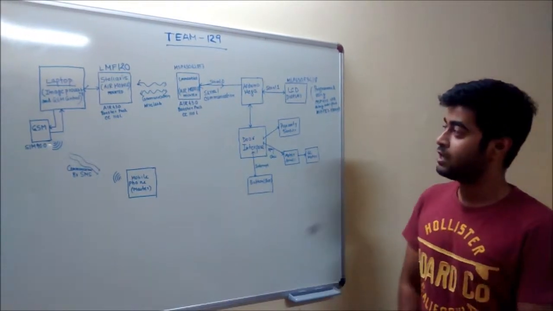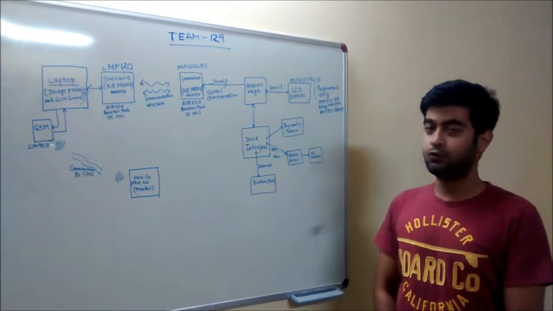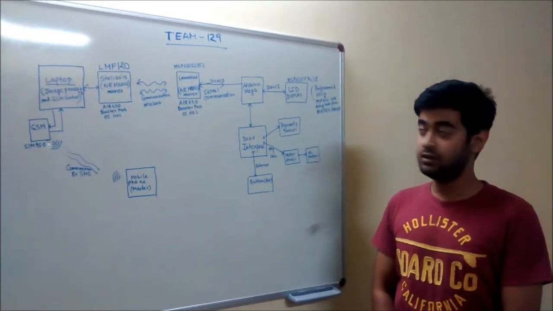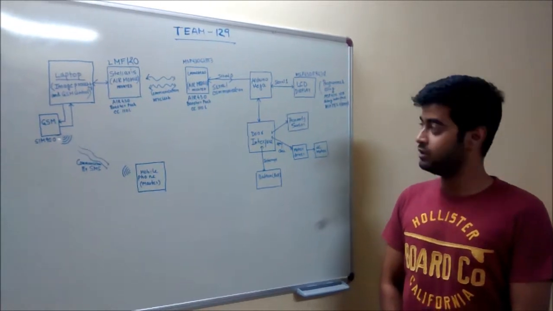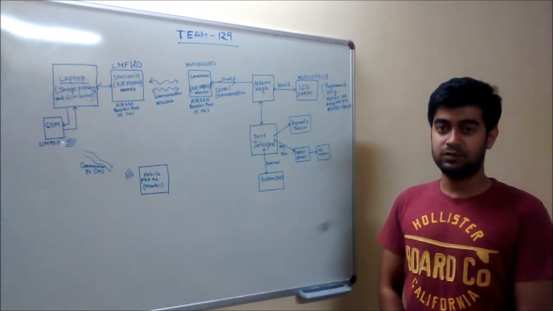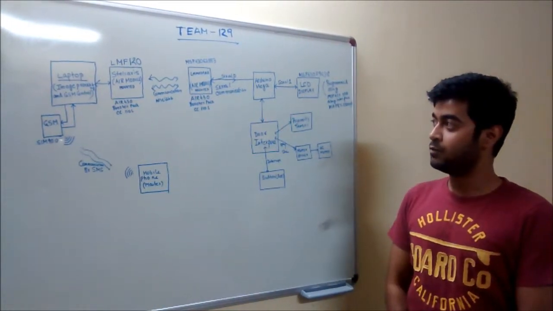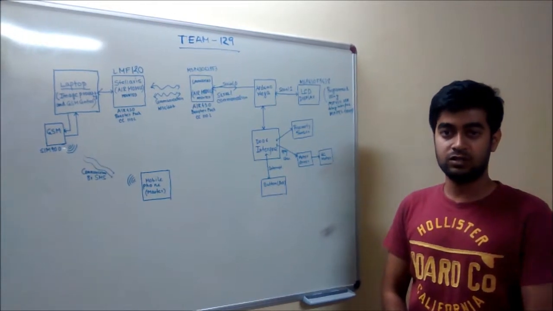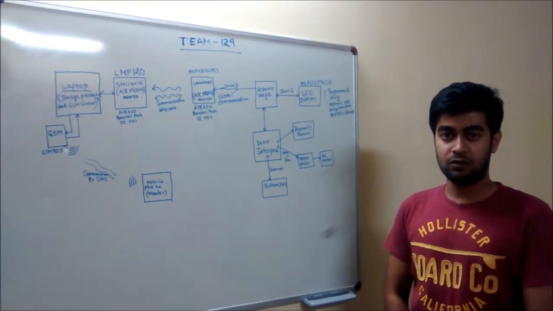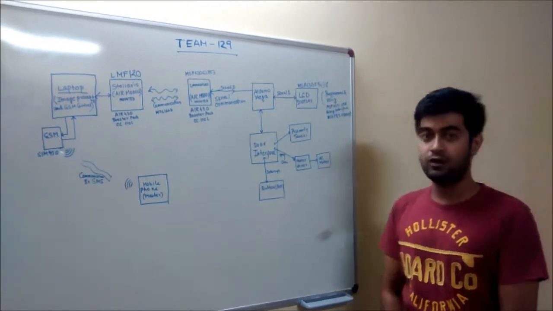Now we come to the door side of our system. Here we have used the Launchpad MSP430G2553 on which an RF module is mounted. The RF module is the CC110L BoosterPack, which communicates with the other RF module mounted on the Stellaris, which is connected to our PC on which the software for facial recognition and detection is running. Here the Launchpad communicates with the Arduino Mega.